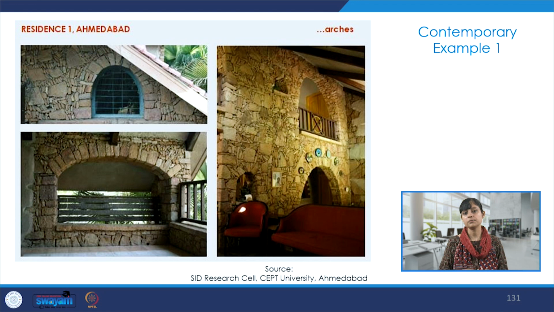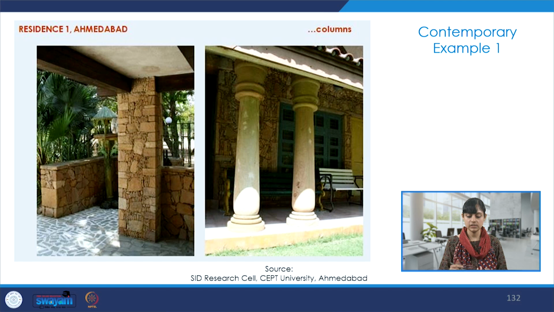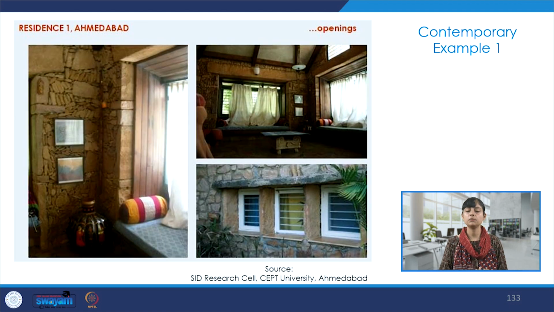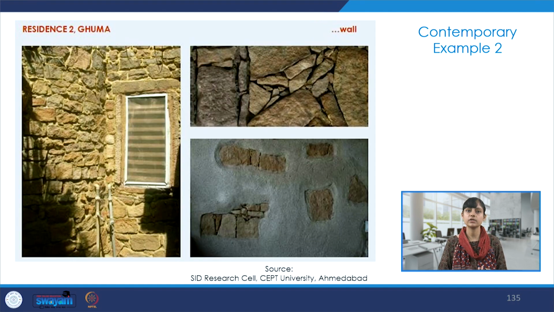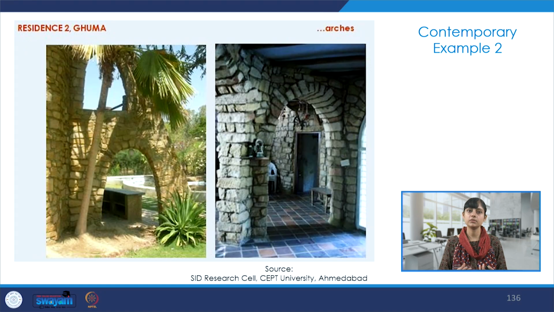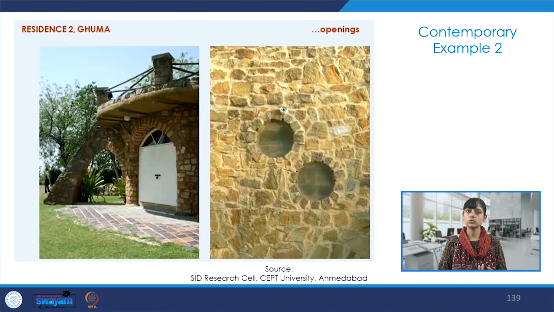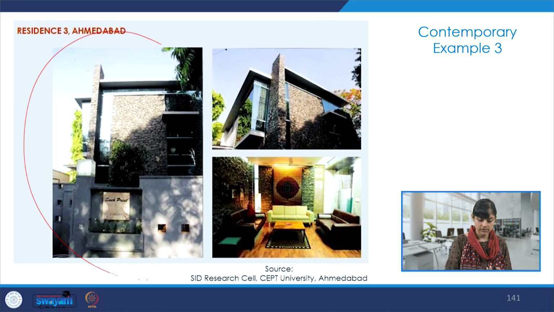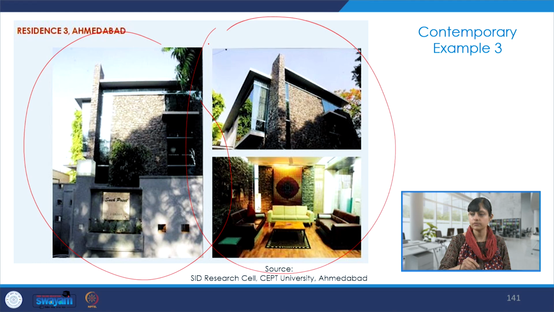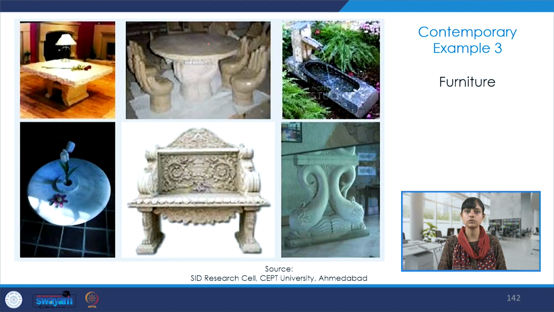And then there are some contemporary examples such as this residence from Ahmedabad. Here also we see space making elements but in a different design vocabulary, different joinery details, different material palette, different kinds of structural systems. The size of the openings is different, thickness is different, forms are quite different. So this is another one which is also a residence. And this is another one, and we see all the examples of space making elements that we were talking about.